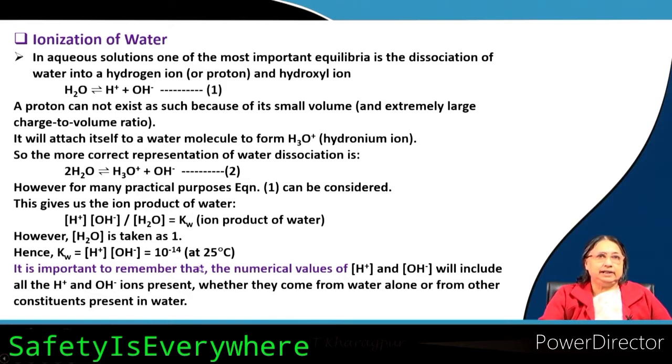This is very important. I have shown you the seesaw, that if H plus ion goes up then OH minus should go down. But here it is written that the H plus ion concentration comes from water and from other species. So, everything together is the H plus ion concentration. The same is true for OH minus ion concentration. We should not forget this one.